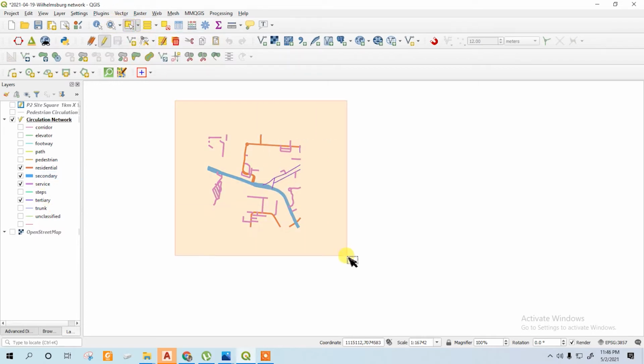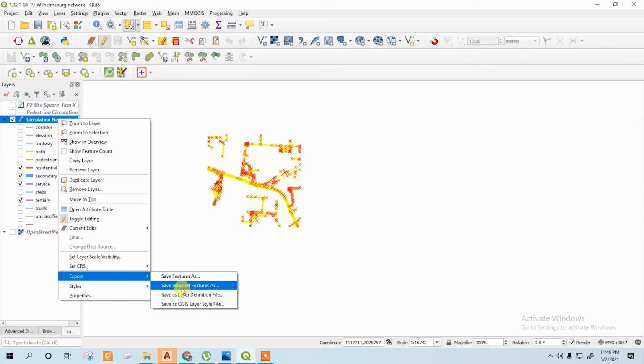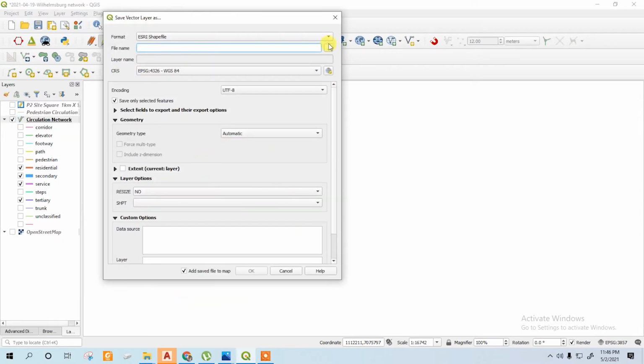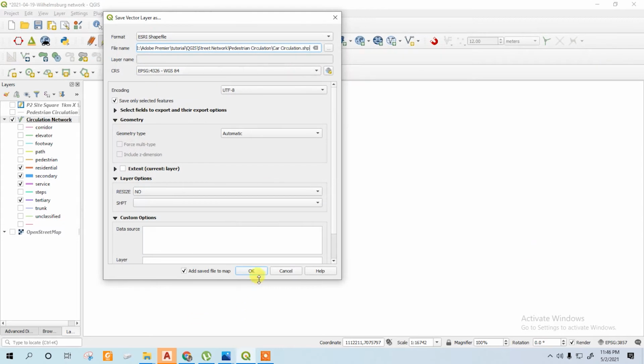Then select features, same process, right click, export, save selected features as, name it car circulation, save.